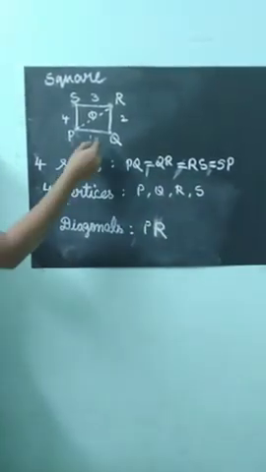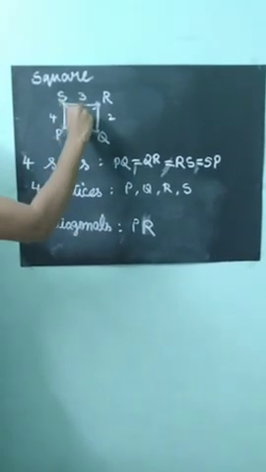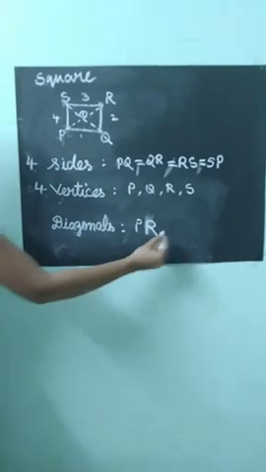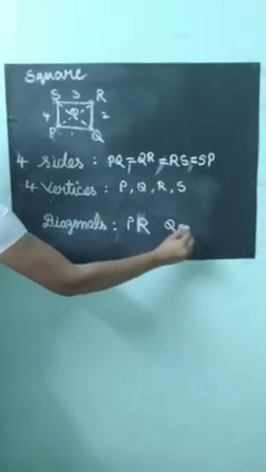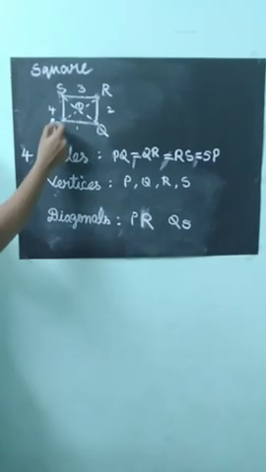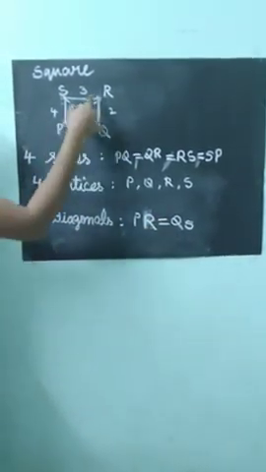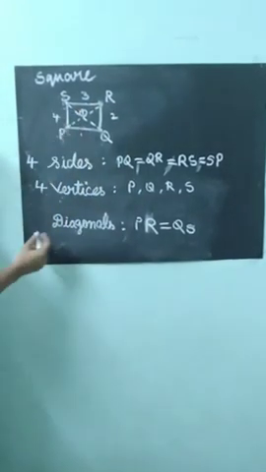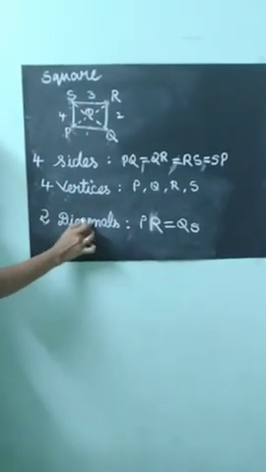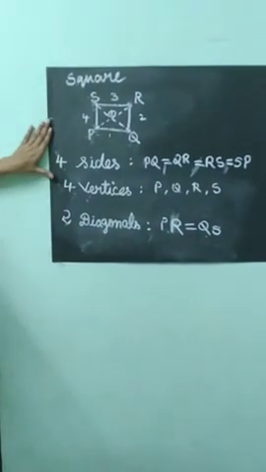PR. Now what is the opposite of Q? Yes, isn't it? So I am joining Q and S. Q and S. And these two diagonals are also equal in shape, ma. Equally having these two lines and all. So I am putting an equal sign. So PR equal to QS. There are two diagonals, ma, and the two are also equal. That's all.